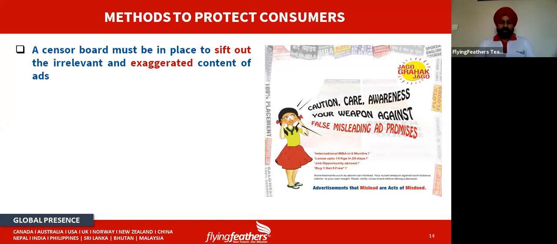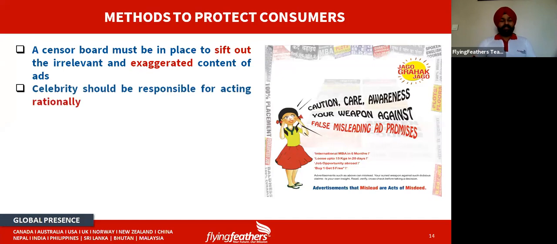Exaggerated means that a small thing is shown by providing very big information. We call that particular thing exaggeration. It's exaggerated, we spell it as exaggerated. It means to represent something as larger or to represent something as better, saying that this thing is great, making a thing sound better than it is, right? So this should be stopped.